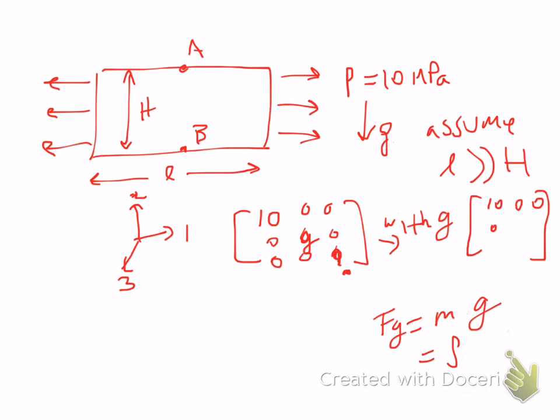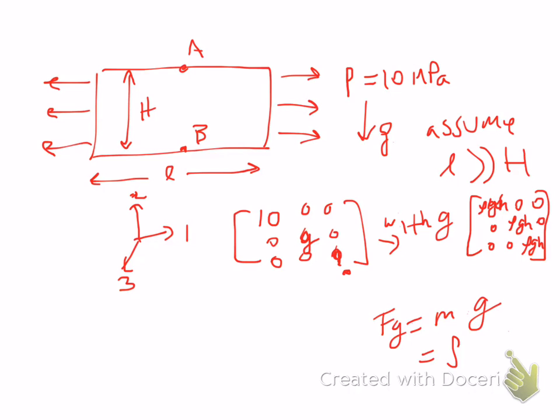Forget the 10 for now. Can I call it G for that point? Rho GH is the pressure. So the magnitude of the pressure is rho GH. And what is H? It's the height from that particular plate to the surface. So we now go back and put that 0 in there.